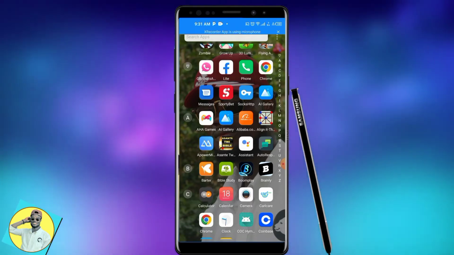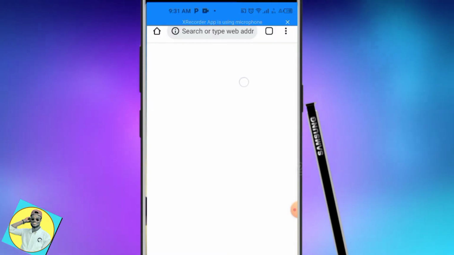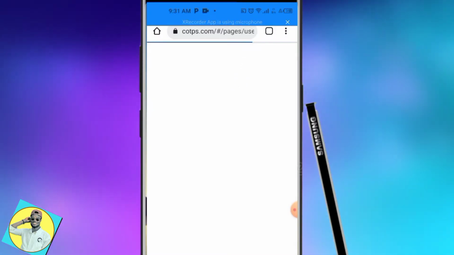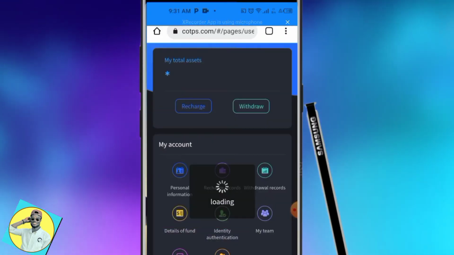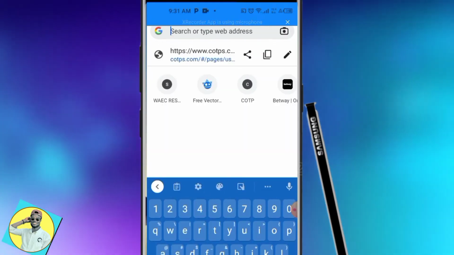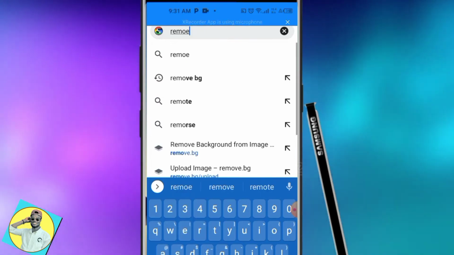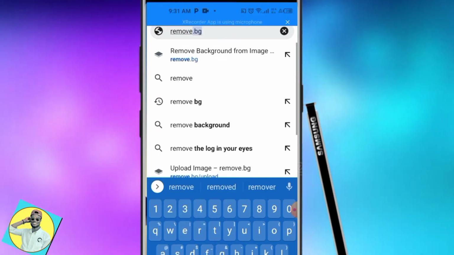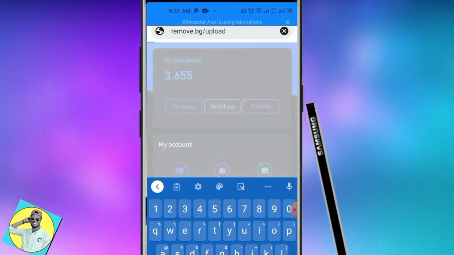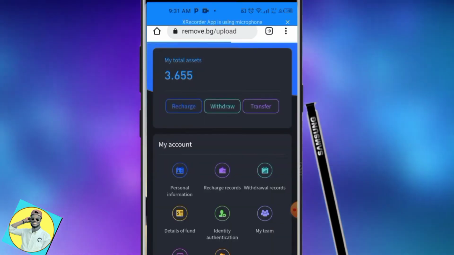All that you need to do is open your browser, and then go to your address bar and type in remove. You understand? Just type in this website, remove.bg, and then hit enter. Now when you come to this website,